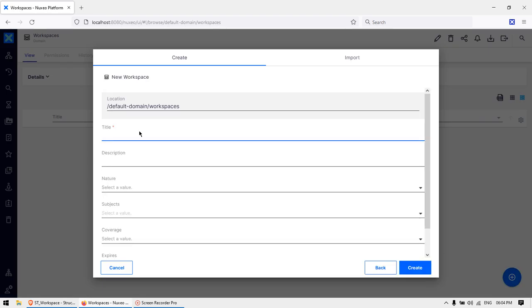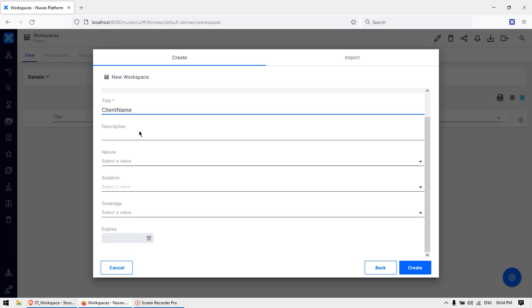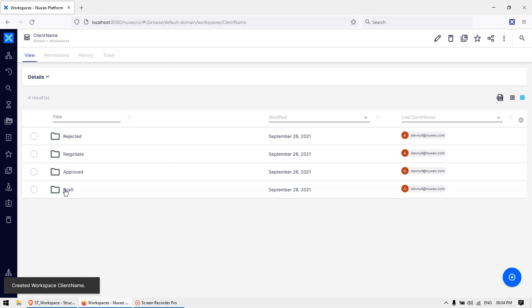So for your quick reference, let me just click on this new button, and by default you have a workspace. Let's say you have a client name and you define all the metadata properties. So when you click it, here you can see I have predefined a structure template. So on the workspace, whenever you create a new workspace, these folder structures need to be created. As you can see here, the document type I have chosen here as a folder, and here you can choose any kind of folder type.